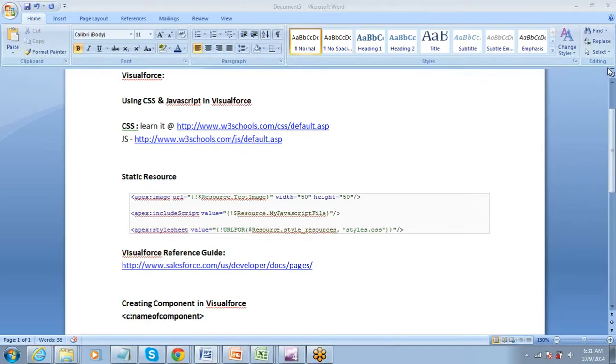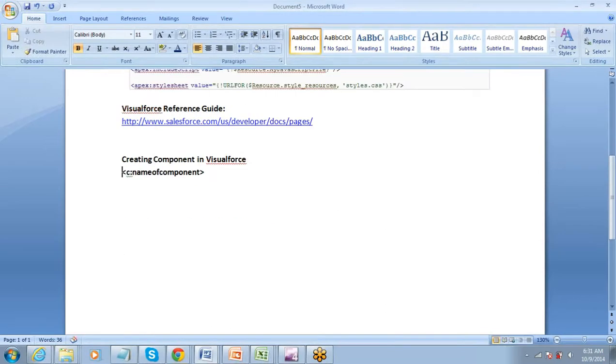Now the other thing that we are going to talk about is creating a Visualforce email template. So initially when we did an email template, we saw that we can create an email template with Visualforce as well, right?